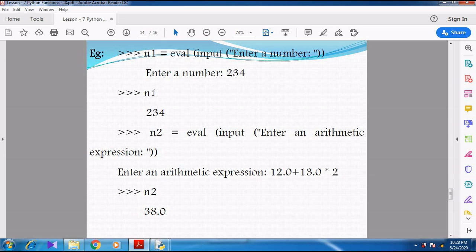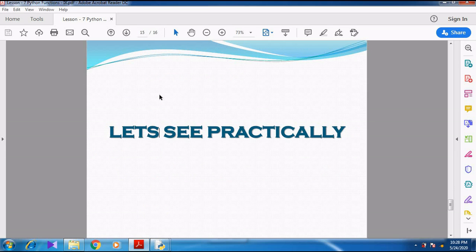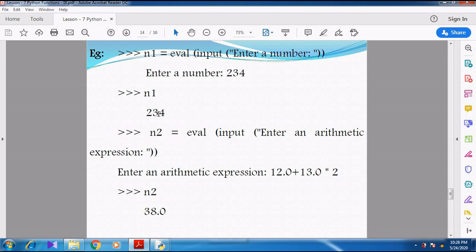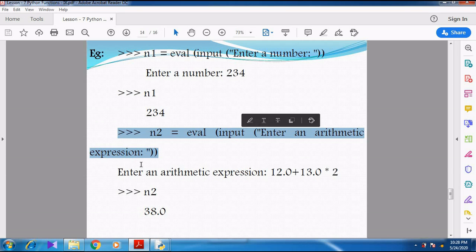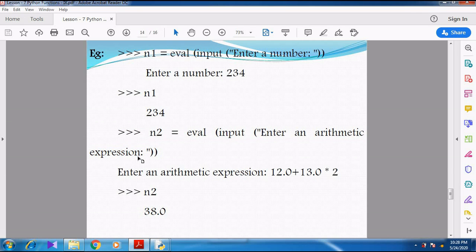In interactive mode programming, if I give n1 and press the enter key, it shows 234. Like that they have given another example. n2 is equal to evaluate, and inside that they are using the input function: "Enter an arithmetic expression".